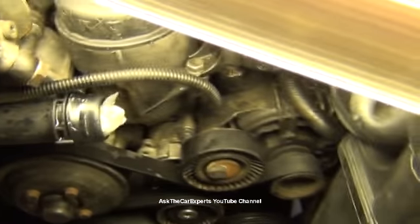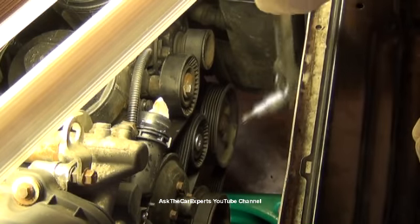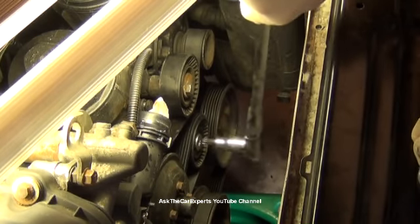With the mechanical tensioner, I actually have two ways to do this. I can use a 16 millimeter because I have a 16 millimeter access right here, which is part of the mechanical tensioner, or I can take the cover off, which I've done down here, and I can use a T50. So I'm going to go ahead and just use the 16 that they give us on this mechanical tensioner. And all I need to do is take the tension off